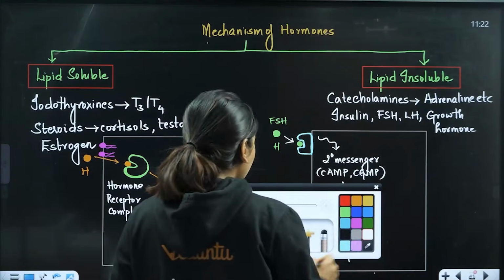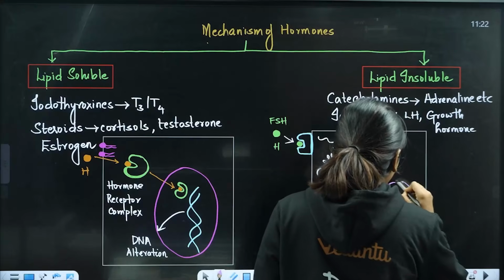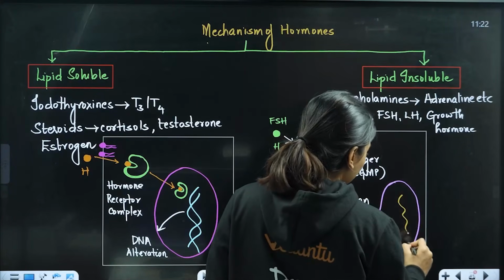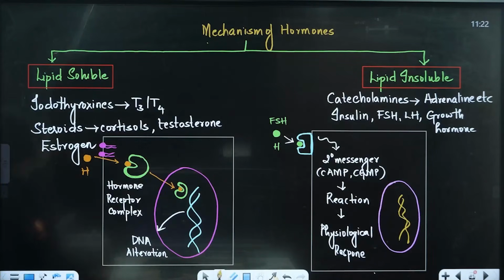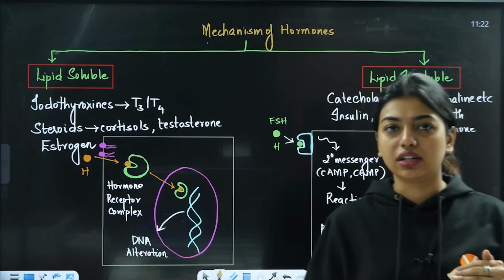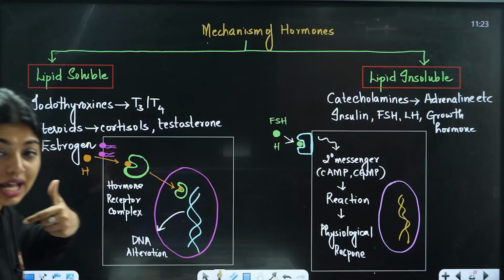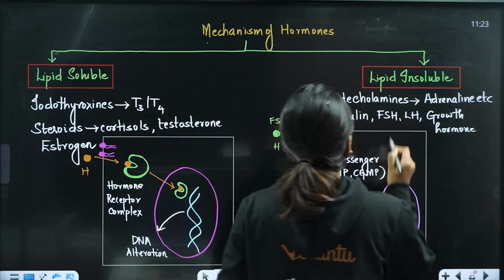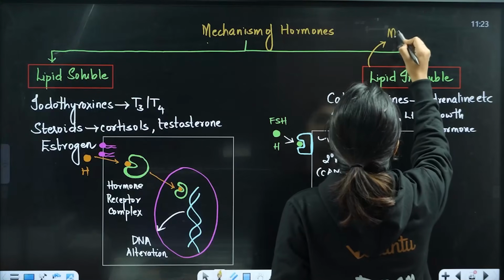See, when I cannot enter inside, students, what do I do? I use the help of a person and make sure the work gets done. Correct? So I take the help of another person, telling him I cannot enter inside, bro, you please do something, and this goes one after the other. So these are our secondary messengers, because I cannot directly enter inside. So lipid insolubles,